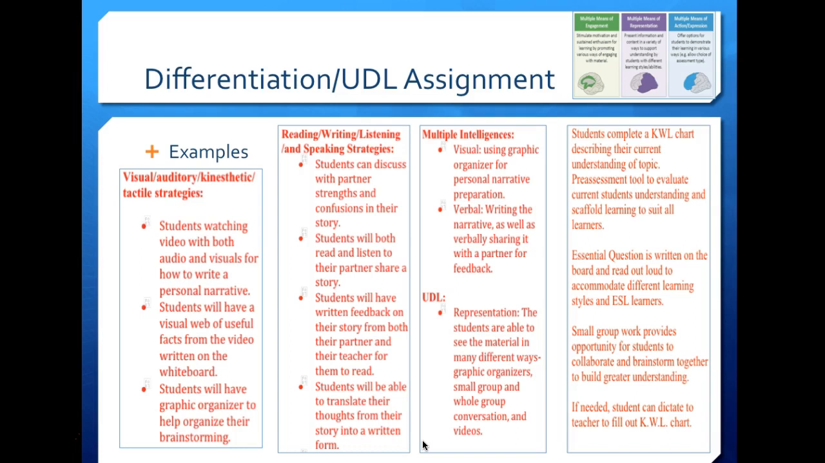And how she used UDL in the sense that she made sure there were various ways for the material to be represented so that most students had access to it. They could see it in different ways using graphic organizers, in small and large group discussions, and using videos. So she actually had this just for one lesson. And so each of her lessons contained these elements, but they were specific to the lesson, so they were different